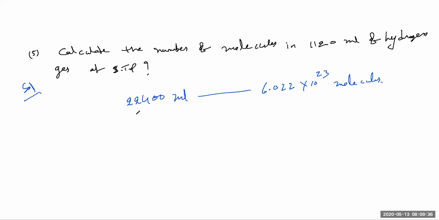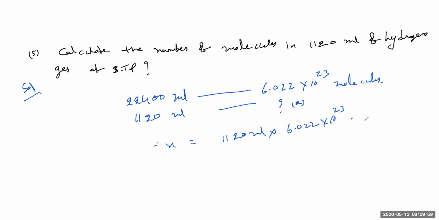Now, what is the volume given? 1120 ml contains how much molecules? Say X. Now, therefore, X is equal to, what is the formula? 1120 ml into 6.022 into 10 power 23 molecules divided by